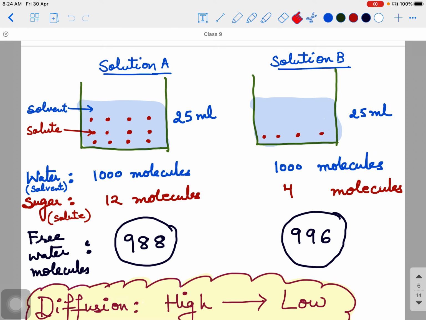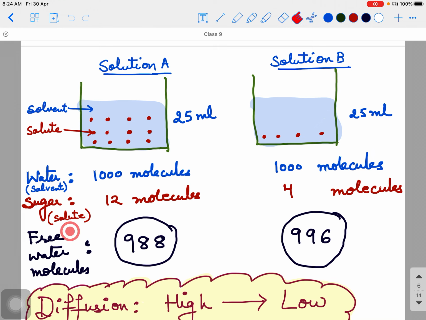We are not talking about the total amount of water, because the total amount of water, you can see from the level, is the same in both the solutions. So how are these two words, amount of water and concentration of water, different from each other? We try to understand: the amount of water is the same in both the solutions, but the concentration is not. Here the concentration of water is different from the concentration of water in this beaker.